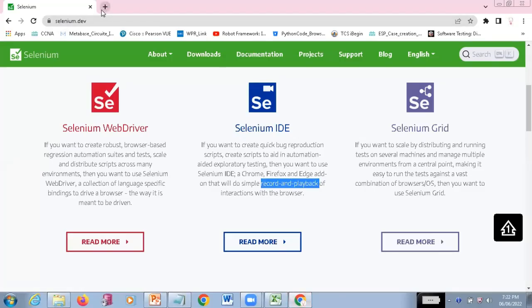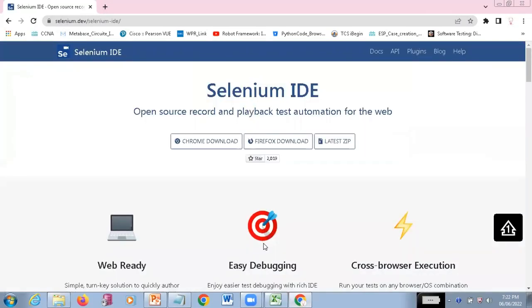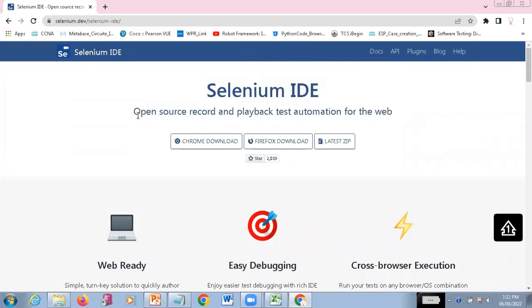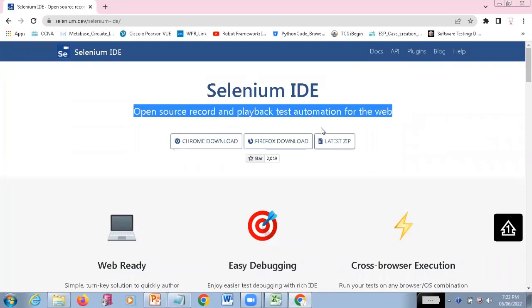If I click on this Read more, it takes me to this particular Selenium IDE page. Selenium IDE is an open source record and playback test automation tool for web applications. As I told you, initially it was developed only as a Firefox plugin. Now they have added it for Chrome also. So if you click on this Chrome download,